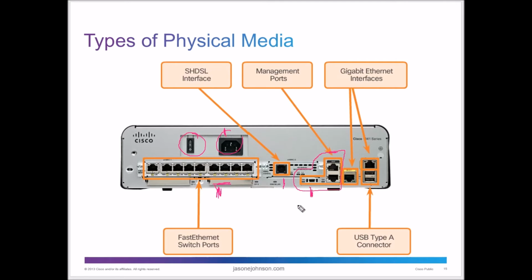Those are either USB that you can connect in. You have your console port. Or not your console port, that's your WAN interface, excuse me. That's your gigabit internet interface there. Your console port is over here. And then you have your USB type connectors as well to go in. So those are the different types of connectors that you can put on there.